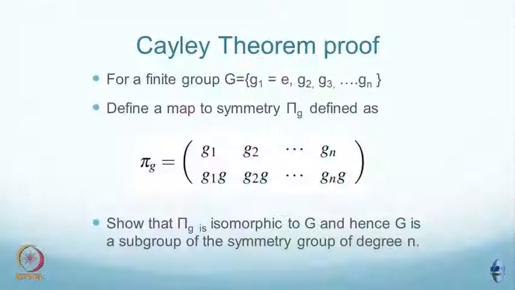Okay. So, that is Cayley's theorem, and this I gave in one of your assignments to check, and this is the way to prove it. So, I have said show that pi G is isomorphic to G, and hence G is a subgroup of the symmetric group of degree n. This I have not shown for you, but you can do it systematically: write pi H and then write the combinations and show that this property is satisfied. What is the inverse operation? It is well defined for permutation elements.